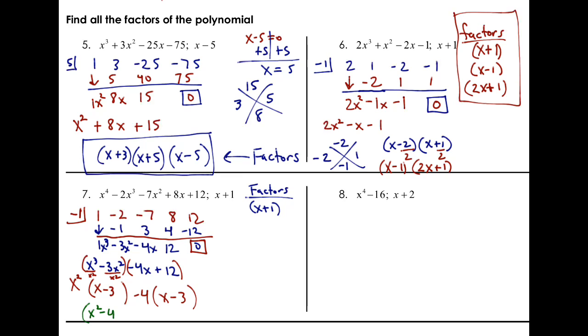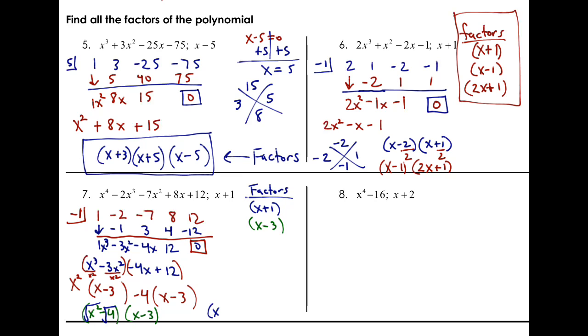X cubed minus 4, and then you condense the like parentheses down to 1. And so we know that there's nothing that can be done with this, so we know that's one of our factors. But this right here is a difference of 2 squares. How do you solve that? Take the square root of that, which would be x. Square root of that would be 2. So we know that would be